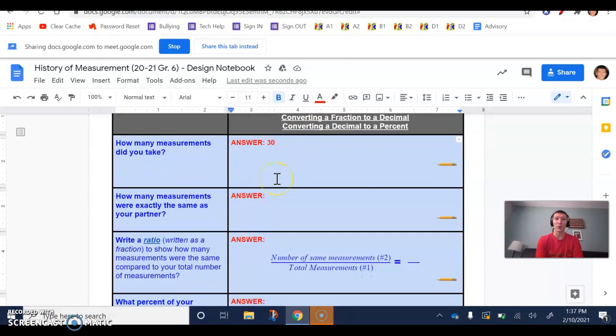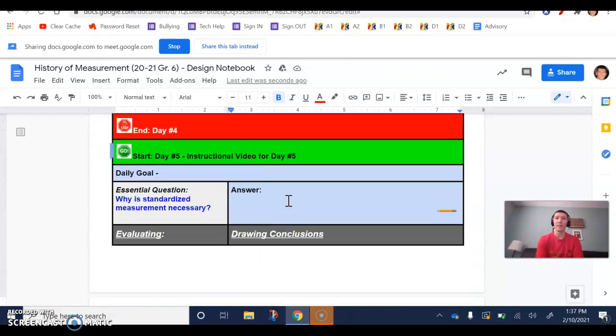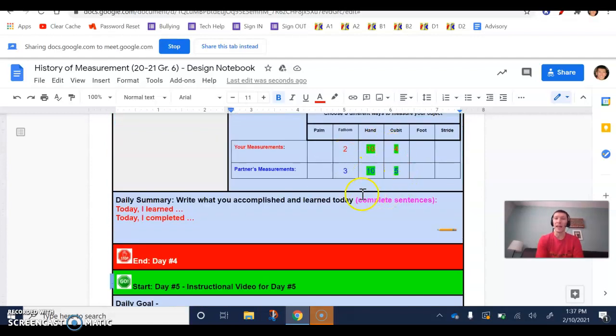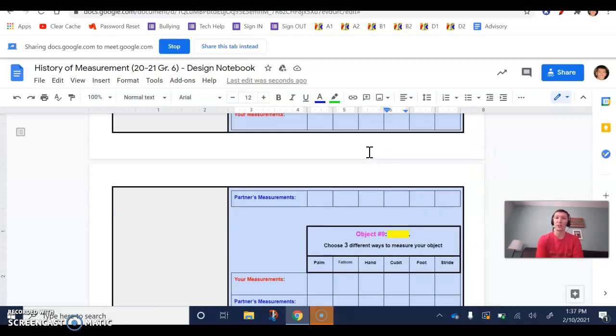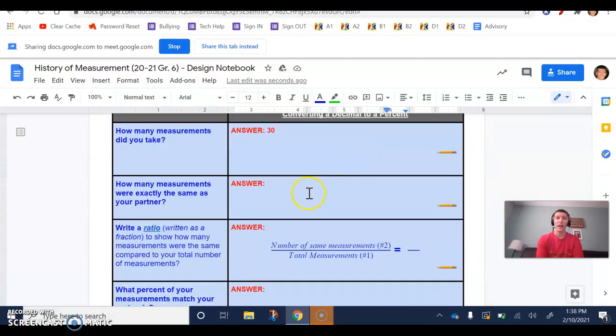Next, how many measurements were exactly the same as your partner? So you would go up, and in this example here, out of the 3 that I have, this is 2 and 3. That's not the same. This is 10 and 10. Yeah, that is the same. And this is 4 and 5. So that's not the same. So, for example, here, this is 1 of the same measurements. You need to count through all of your measurements that you've done and answer how many of them are exactly the same. So let's just say, for the sake of this example here, I'm going to say 3 of them